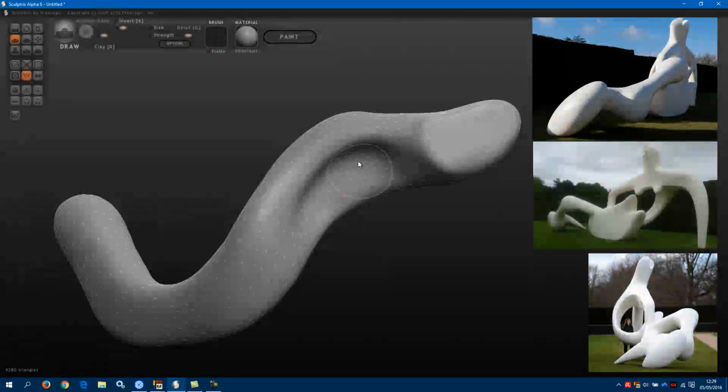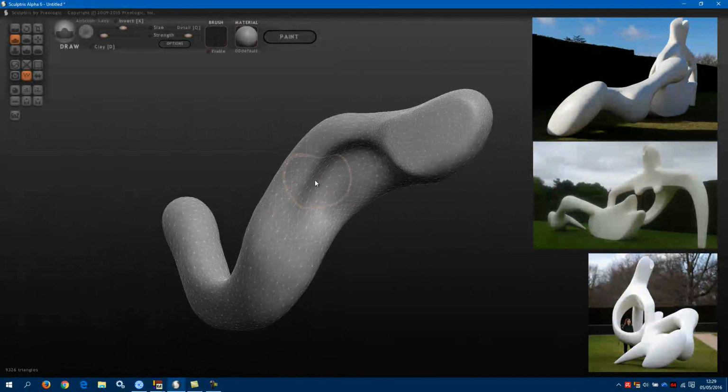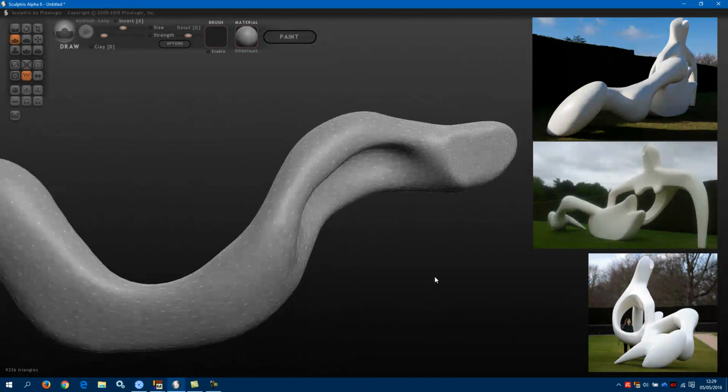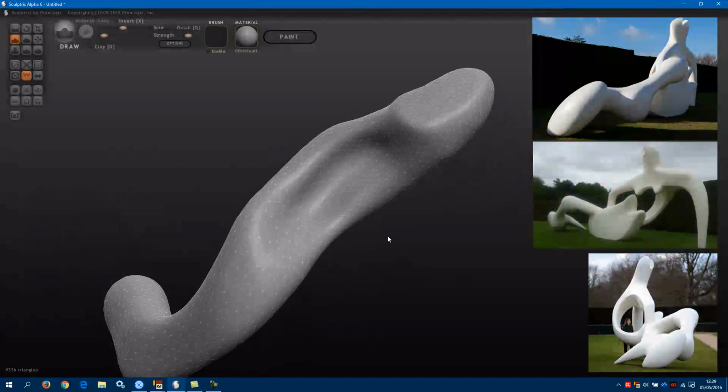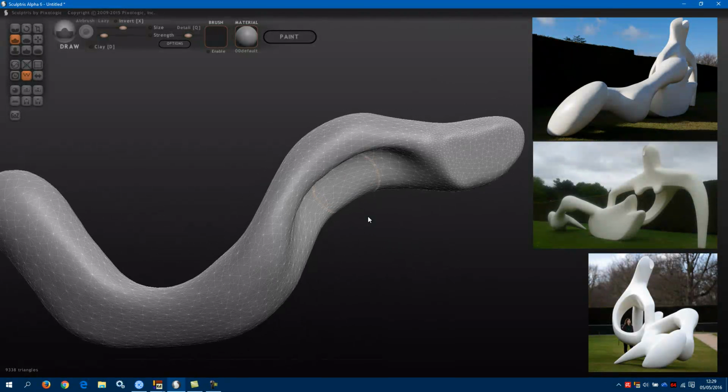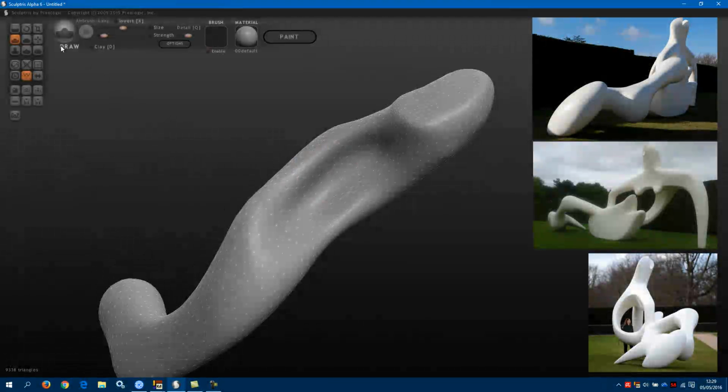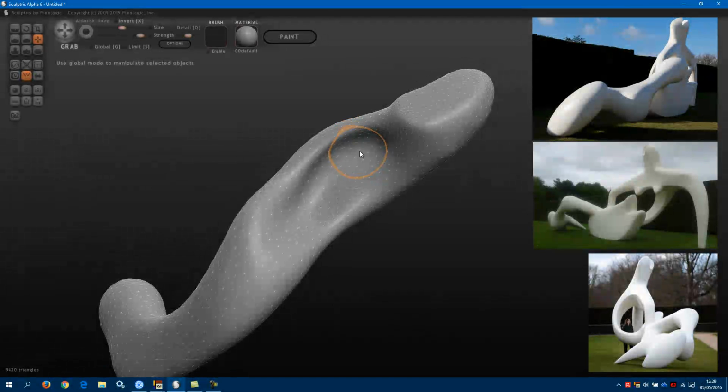And I'm doing all of this with a mouse. If you have a graphics tablet, it is quite fun to use a pen, but to be honest, sculpting is just as easy with a mouse, as opposed to perhaps digital painting, where it's much better to have a tablet and a pen. Okay, now let's look at using the grab tool, bringing perhaps that out a little bit,